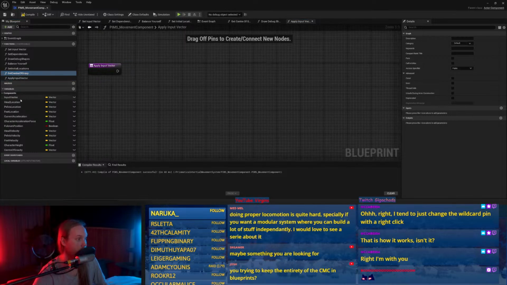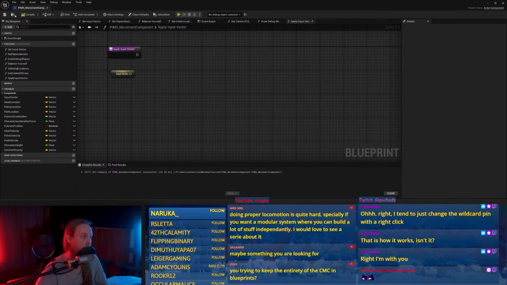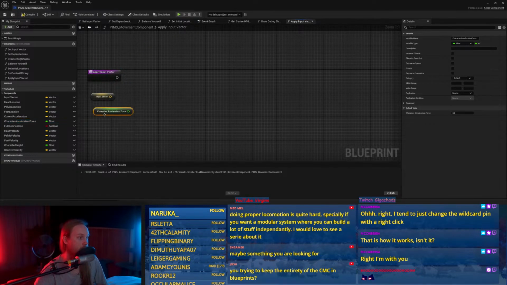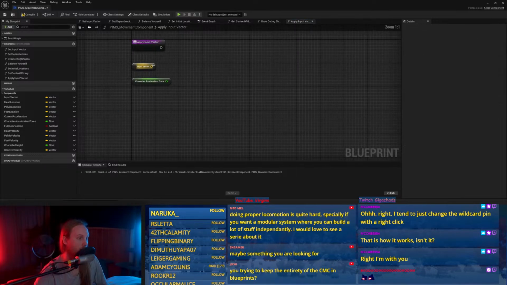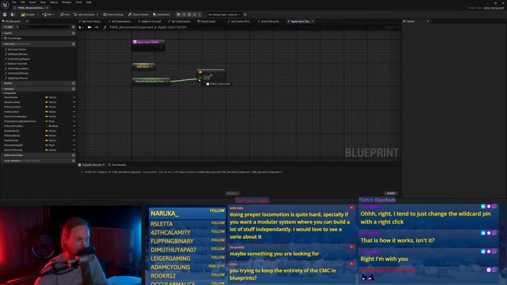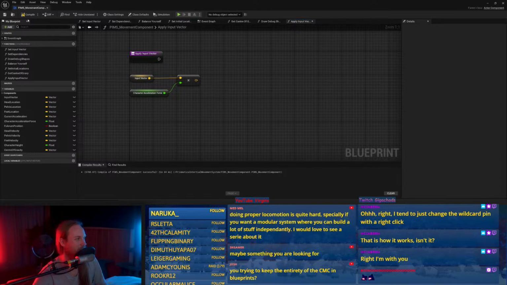which is going to get the input vector, funnily enough. And it's going to get the acceleration force, multiply, multiply float. Okay, this is a place where wildcards would be nice.